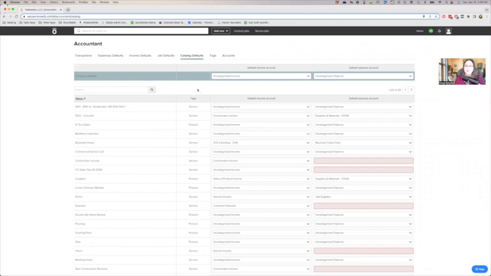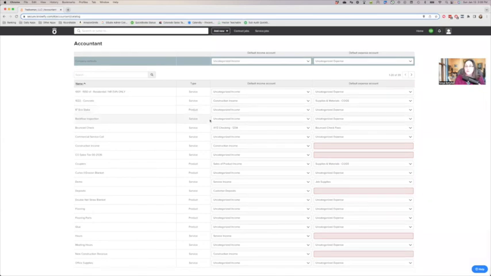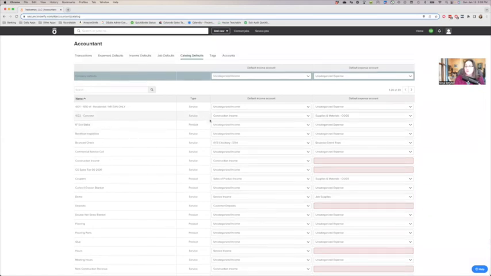And so we can take a look and see the default income accounts where things are going to post. So what we prefer for when we're setting up Knowify is that there's a couple of different ways that you can